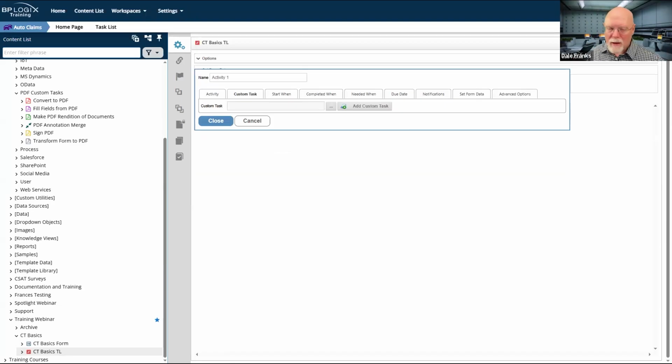So for me, the very first activity would always be the set request number activity, and it would always run that custom task. So it is a little trickier determining when I'm going to run between form and process timeline in some cases. But in general, if I'm doing anything outside of the form itself, it's probably best to run the custom task in the process timeline. It's probably best if you're going to do a convert to PDF. It's probably best if you just make that part of your process and have the PDF converted automatically at some point in your process.